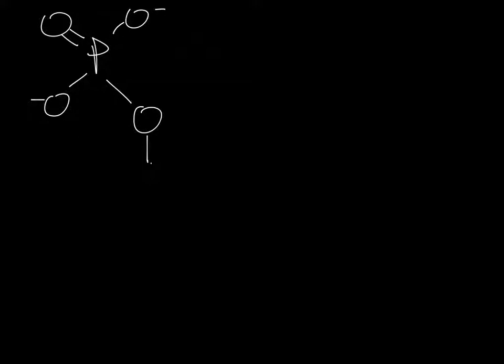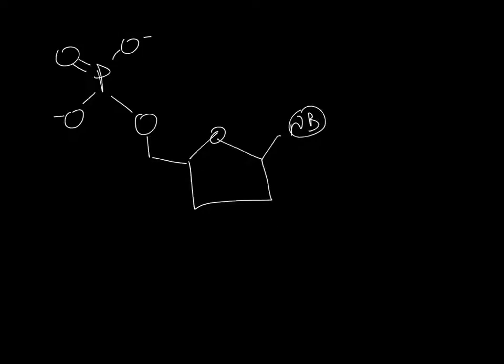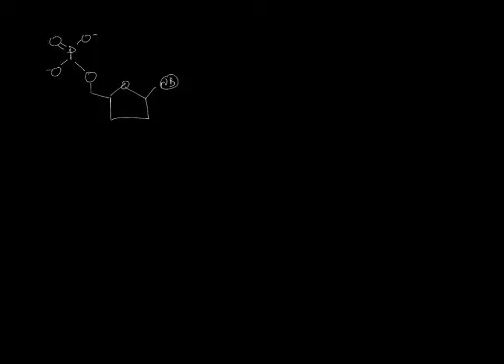And of course, if you have on this side a phosphate, and it's connected to the 5 prime, and that's coming off the sugar, as we said, and that's an oxygen, and it's badly drawn, I know, and there's a nitrogenous base here. If we have this going on, what do you think is going to happen on the other side when we see this nitrogenous base has to be lined up so that it can make either double or triple bond with the one on the other side. And so the nitrogenous bases have to line up. And because of the way they have to line up,